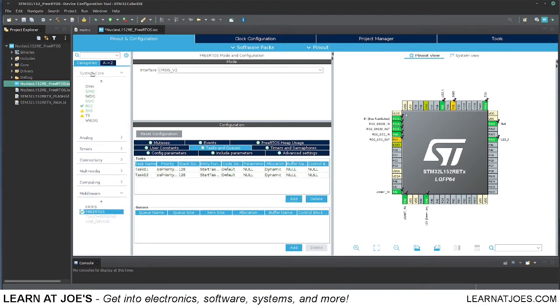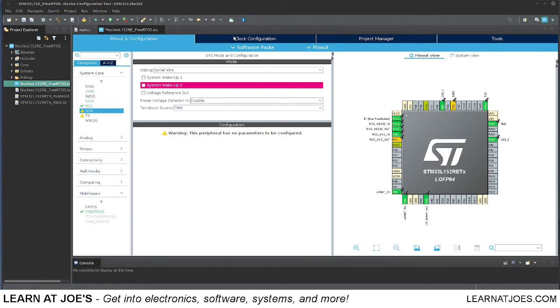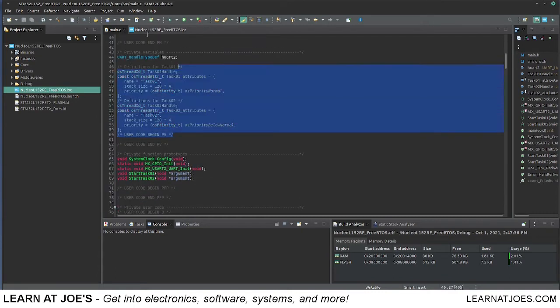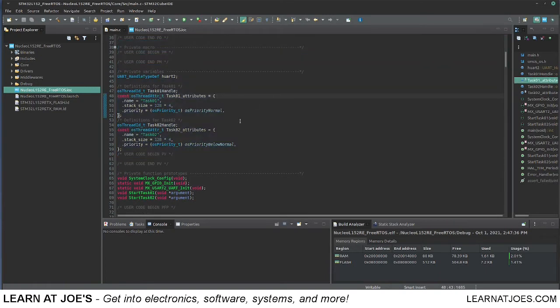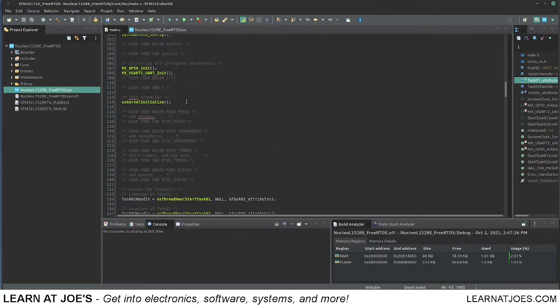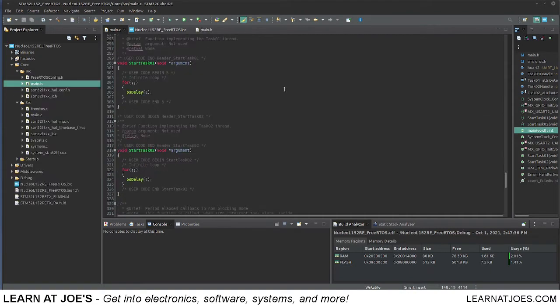At this point, I will go ahead and update the HAL timer to use timer 6 instead of the SysTick that we want to use for the FreeRTOS. And we'll go ahead and save and regenerate the code. Very well, the code, including this main.c, has been updated to add our tasks and to initialize. We have our handles for our task functions, and we got some OS inits, start the task, and have the kernel run. Here within the source is the two tasks that I have created, or at least the stub